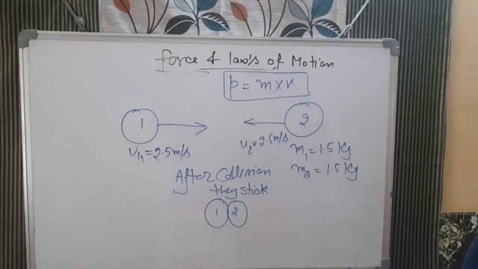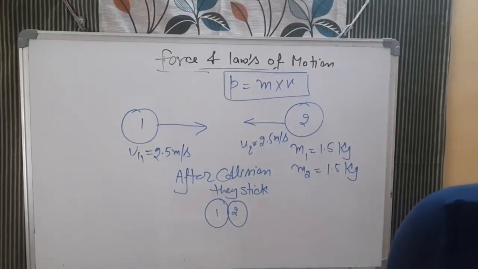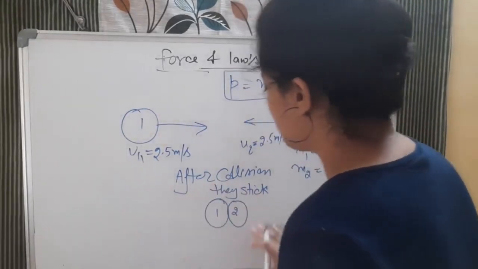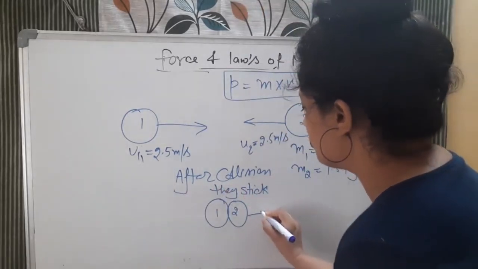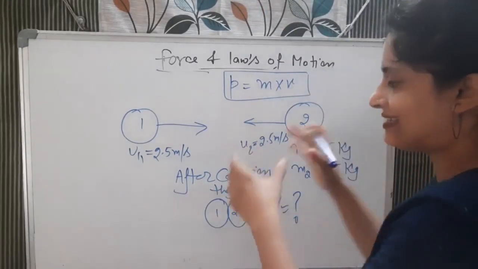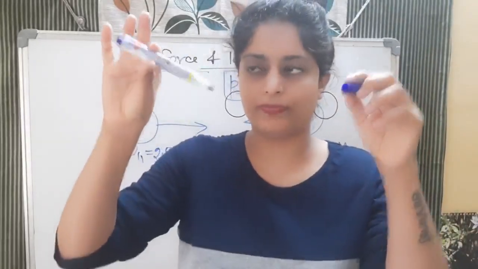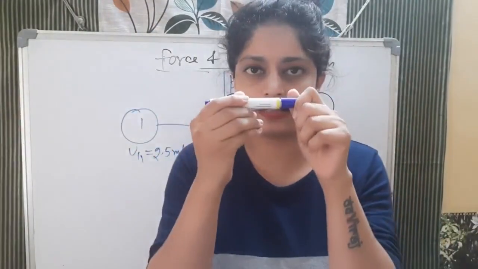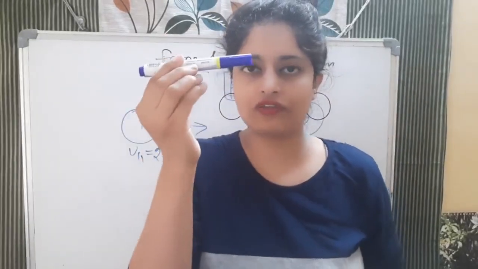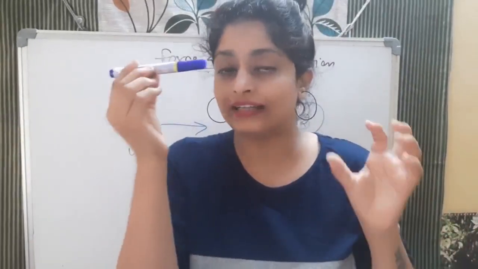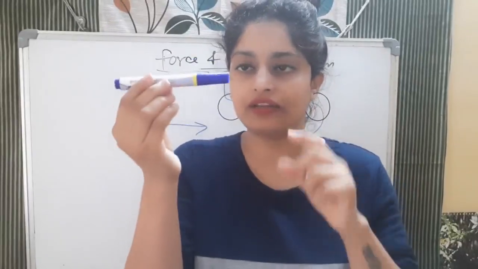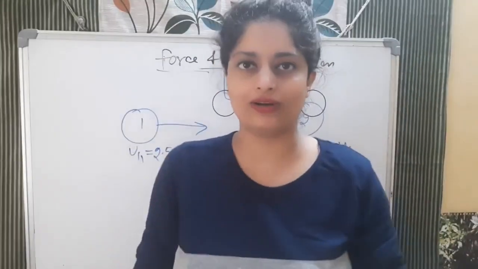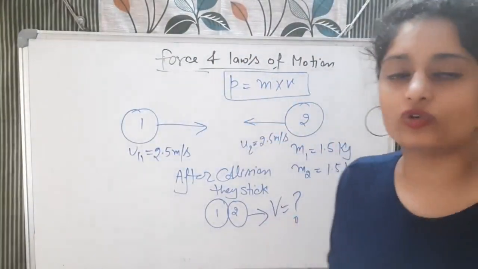The question is saying, before the collision during which they stick together, what will be the velocity of the combined object after collision? So now after collision when they stick together, what will be their velocity? Because when they are stuck together, like this cap and this pen, this marker. So this was the first object, this was the second object. Both were coming like this, and when they strike, after striking they are now attached like this. So whether they move in this direction or this direction, they will move together. The point is they will move together. Both will move with the same velocity, so both will move with one velocity, and we need to calculate that v.